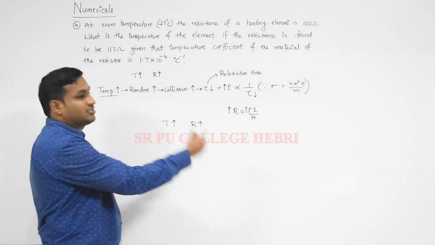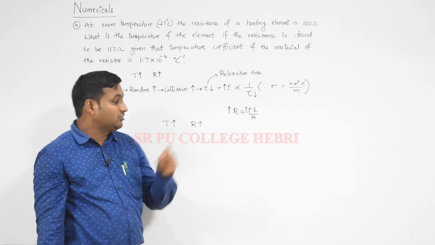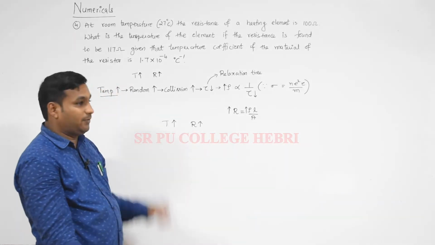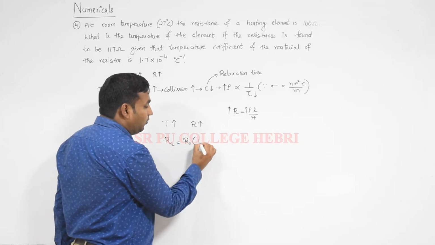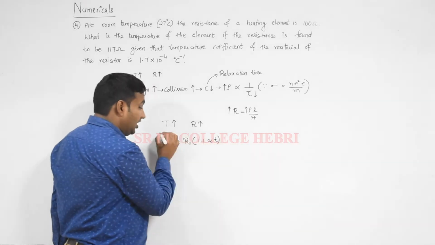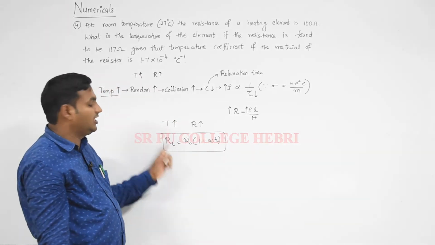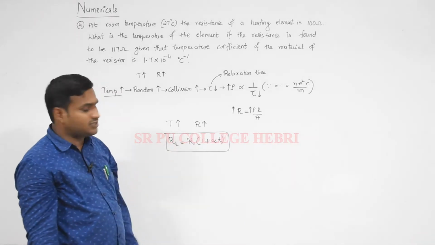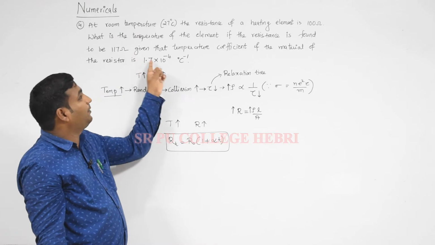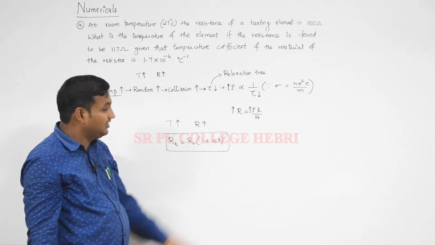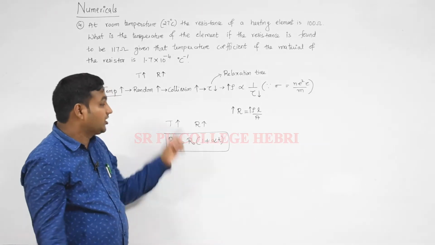Considering this theory, we take the mathematical representation of variation of resistance of a conductor with temperature as an equation like this: R_T is equal to R naught into (1 plus alpha T). R_T is the resistance of the conductor at T degree Celsius. R naught is the resistance of the conductor at 0 degree Celsius. Alpha is called the temperature coefficient of the material of the conductor. T is the rise of temperature. Keep that point in your mind.